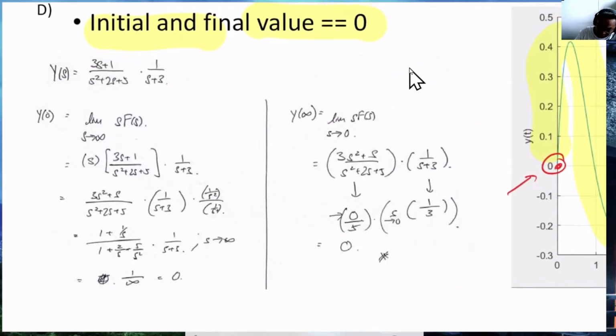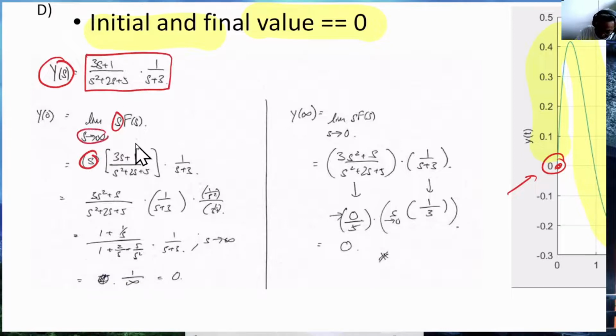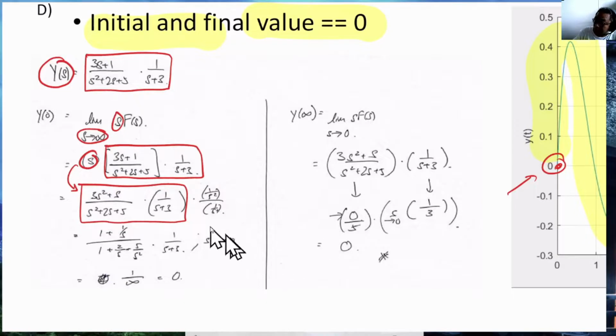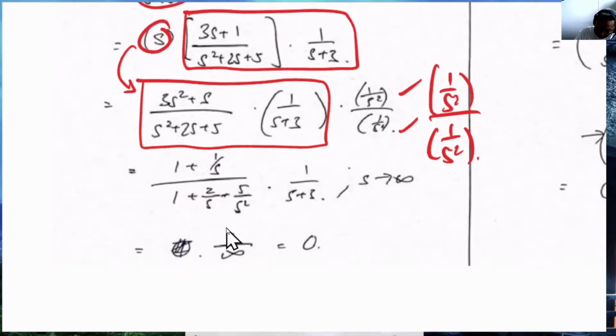Now we use the initial and final value theorem. So what do we do? We take Y(s), we multiply s with Y(s), and let s tend to infinity. So s multiplied by this whole expression over here and set s to infinity. So we come out with this expression on the bottom, and then because the numerator and the denominator have s squared, and because we want s to go to infinity, we multiply both sides by 1 over s squared. When we do that, this is 1. So what we have is